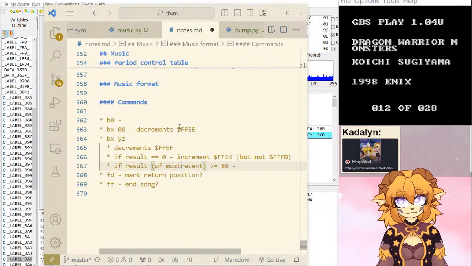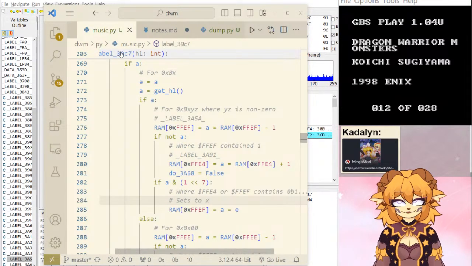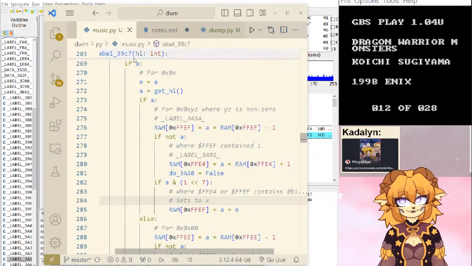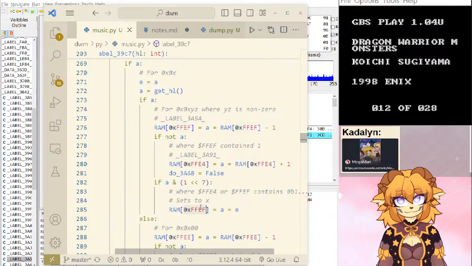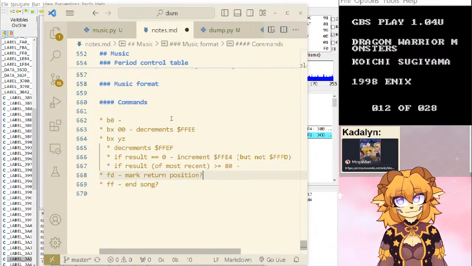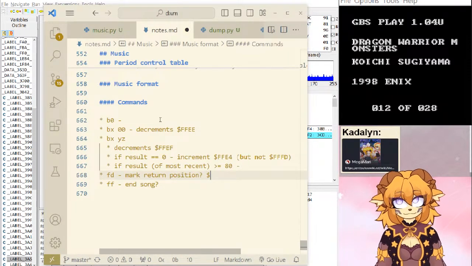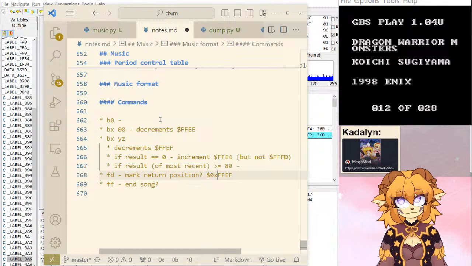Most recent. I hate this. It's too much text. Too much text for notes. And FFEF. Whoops.